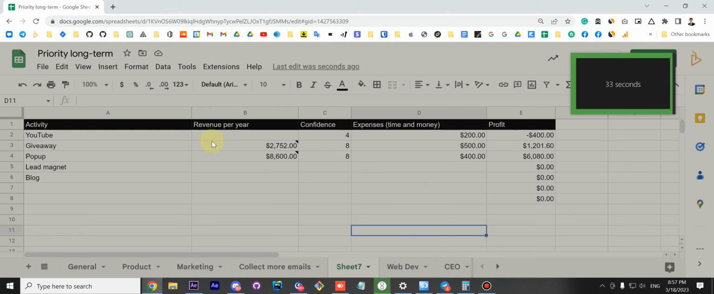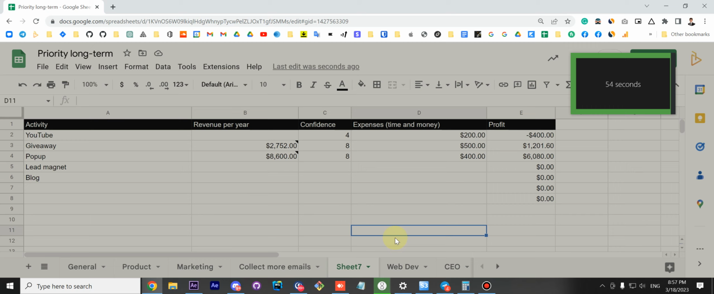I'd like to record a quick video and share how you could make decisions, how you can prioritize your tasks so you work on only what's most important. And here I have a sample